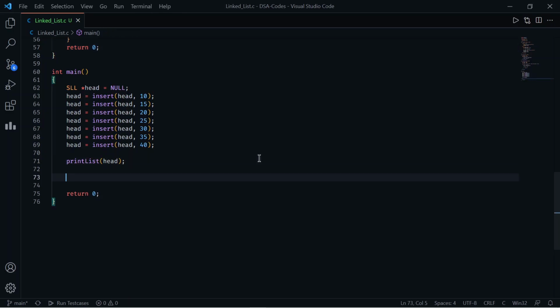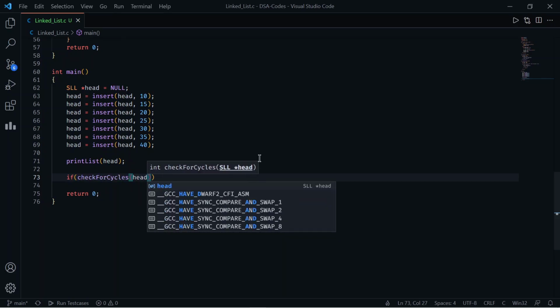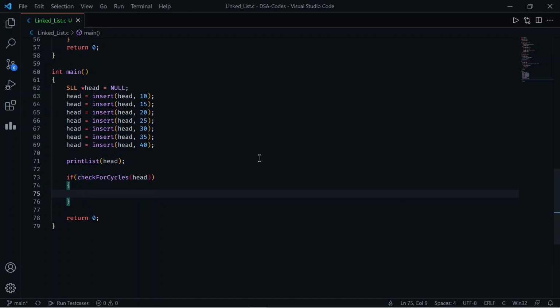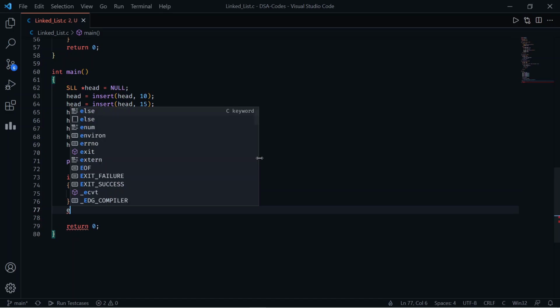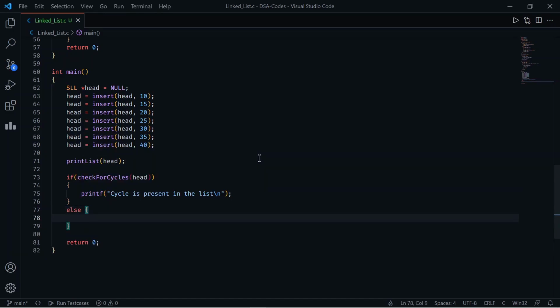After printing the list, I will just write if check for cycles head, cycle is present in the list, else